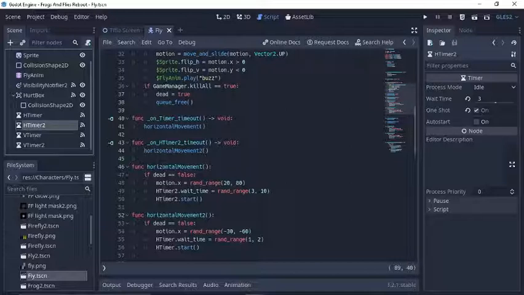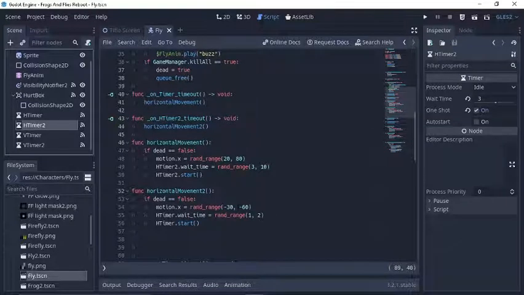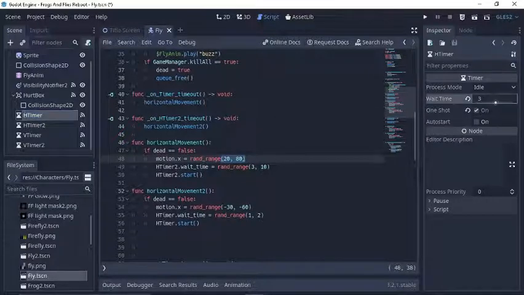But as I was working it out, it was just easier for me to have one horizontal timer that handles his movement to the right, and a second horizontal timer that handles his movement to the left. See, negative values, positive values, right? And then the same thing for my vertical timers. But basically, all that happens is the timer runs for like 3 seconds, and when it times out,